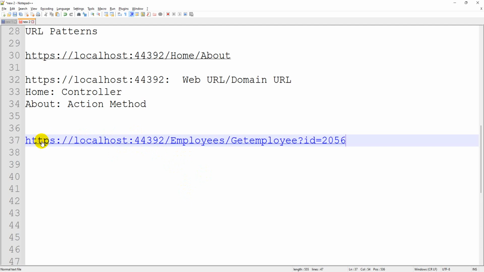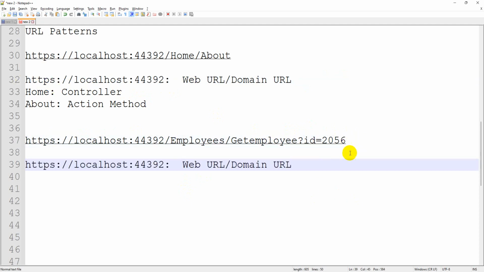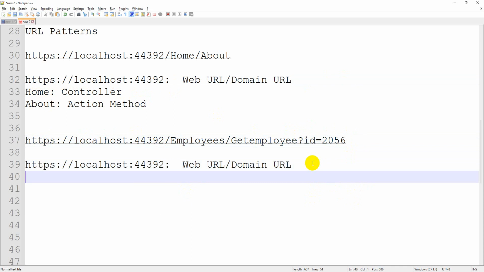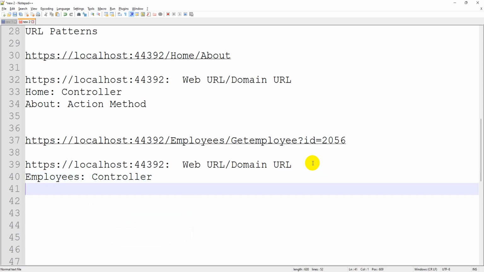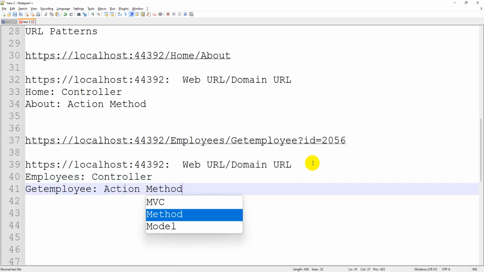Sometimes you can see this kind of URL in the web browser. Again, up to localhost we call this the domain URL, there is no doubt at all. After that, employees can be called the controller name. So now the browser is executing the employees controller. In that, get employee is the action method.